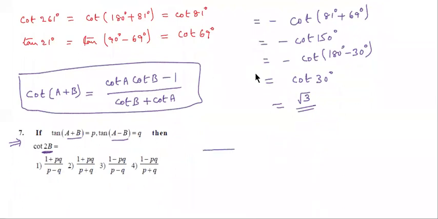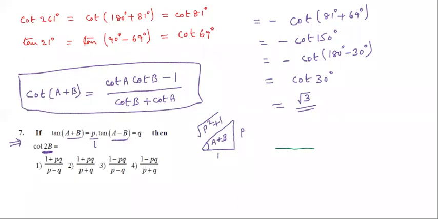First, tan A plus B given now. Take the right angle triangle. This is angle A plus B. Tan A plus B value P. P means that is P by 1, or not? Tan means opposite side by adjacent. Now students, what is hypotenuse? Under root 1 plus P square or P square plus 1. Anyone, no problem. This is A plus B angle.